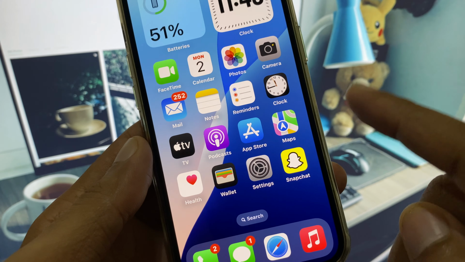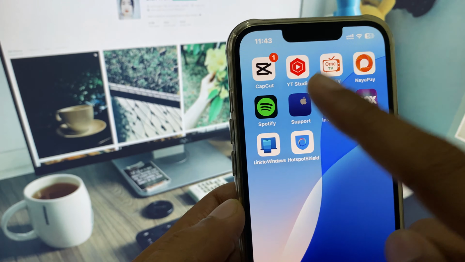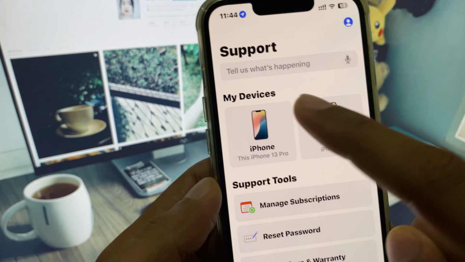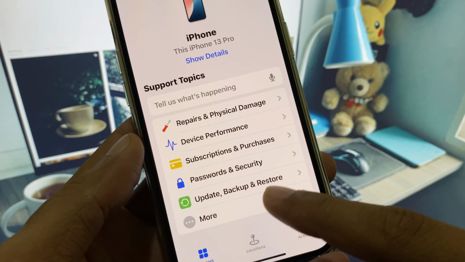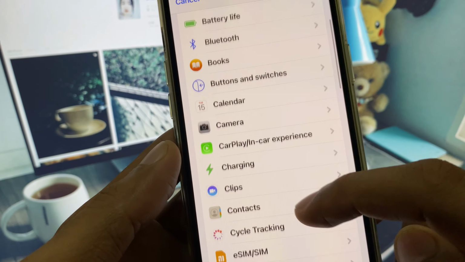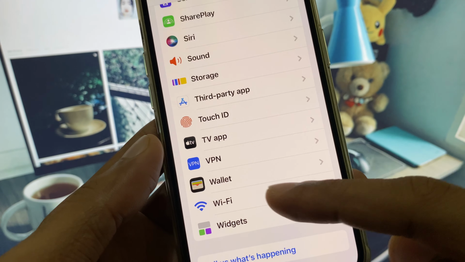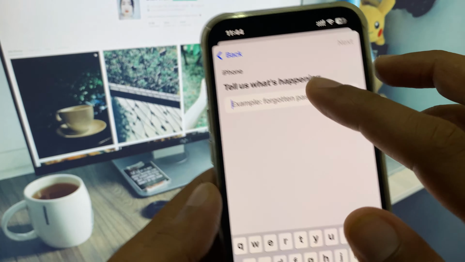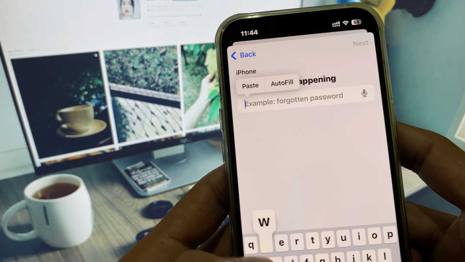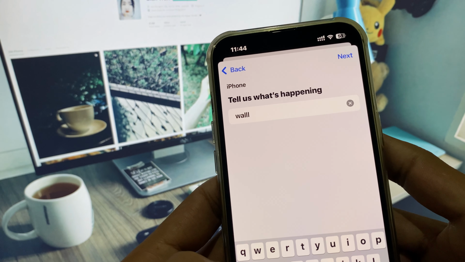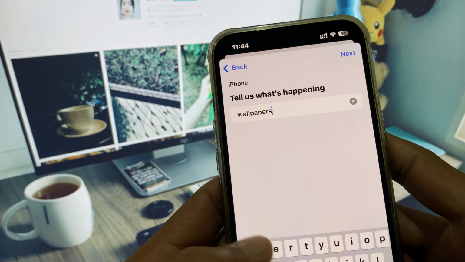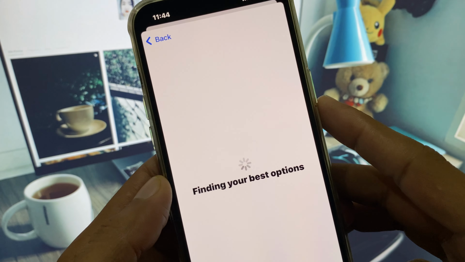And after this, if it still does not fix your problem, then you have to open your Apple Support app, select your gadget, scroll down, click on More, and from here you need to find Wallpapers. So guys, if you cannot find it, you have to select this one, and here you need to search Wallpapers. You need to search it,